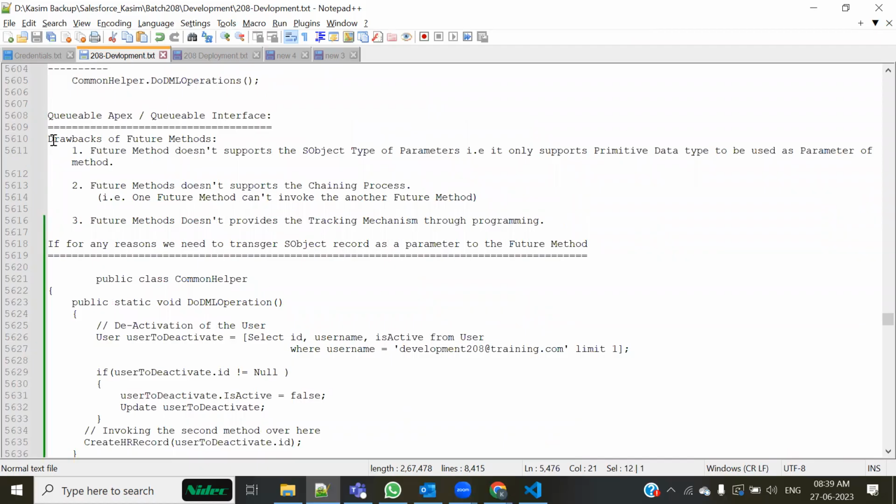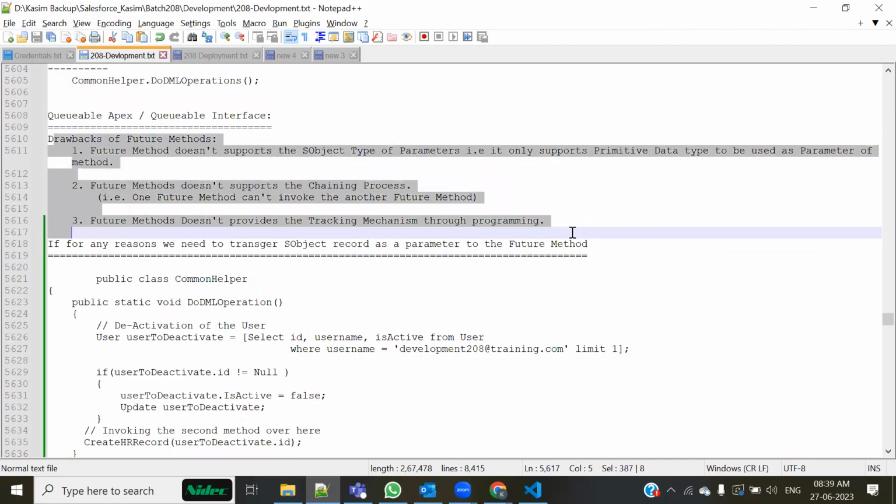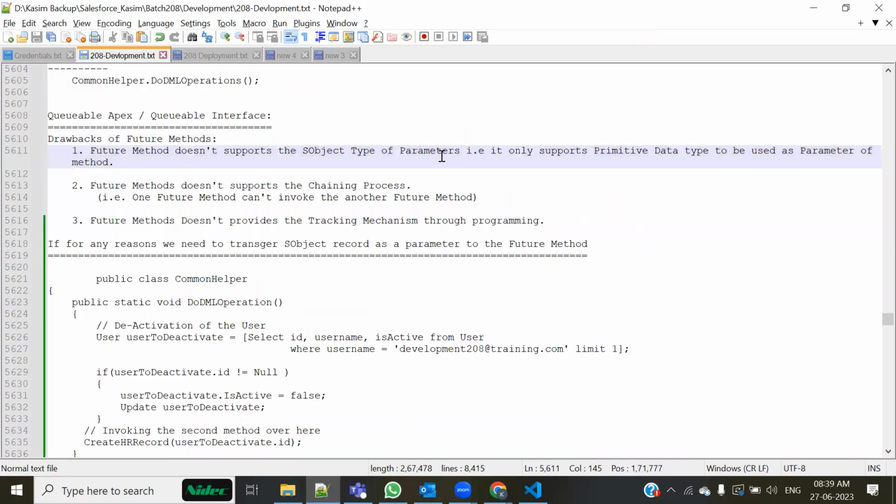So basically, there are three major drawbacks with the future methods. We cannot supply an sObject as a parameter; we can only supply primitives as parameters. We cannot perform chaining of future methods. One future method cannot call another future method. And then, after executing a future method,